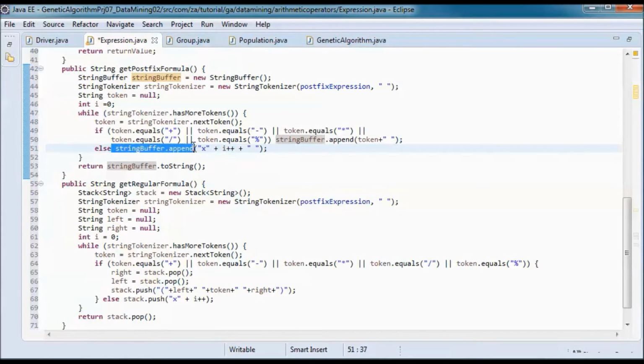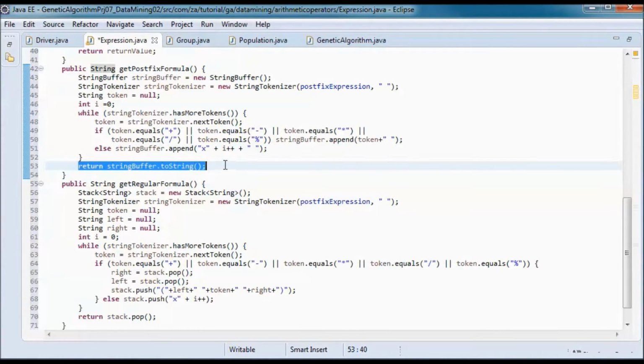Otherwise, we will append x and an increasing value of the I counter plus space. So it would be x1, x2, x3, etc. And we end up returning the string value of that string buffer.